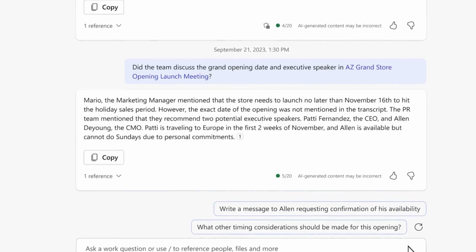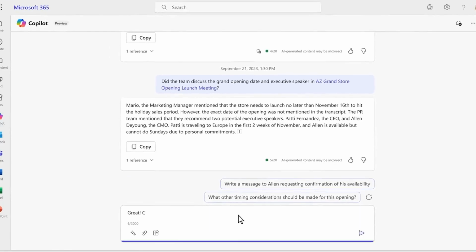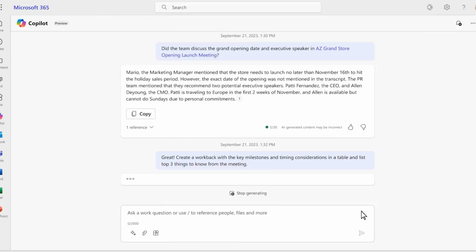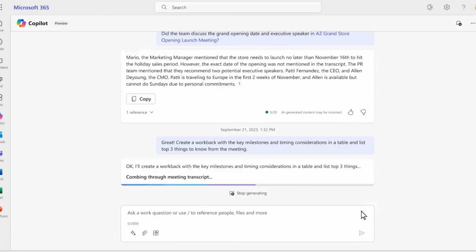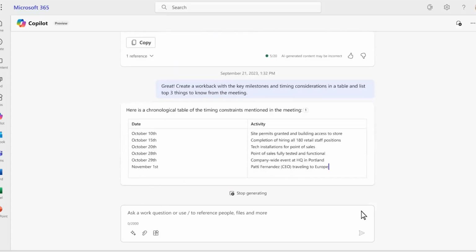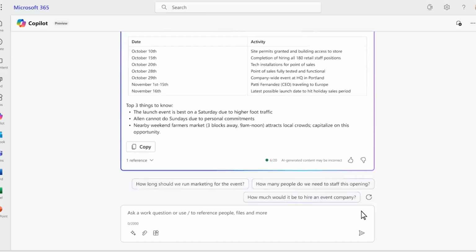Looks like it was a dynamic discussion, and it's your responsibility to make the final decision. To do that, you need to understand all the factors at play, including the implications they have on your grand opening timeline. CoPilot extracts the relevant details and puts them in an organized table, which helps bring the full picture